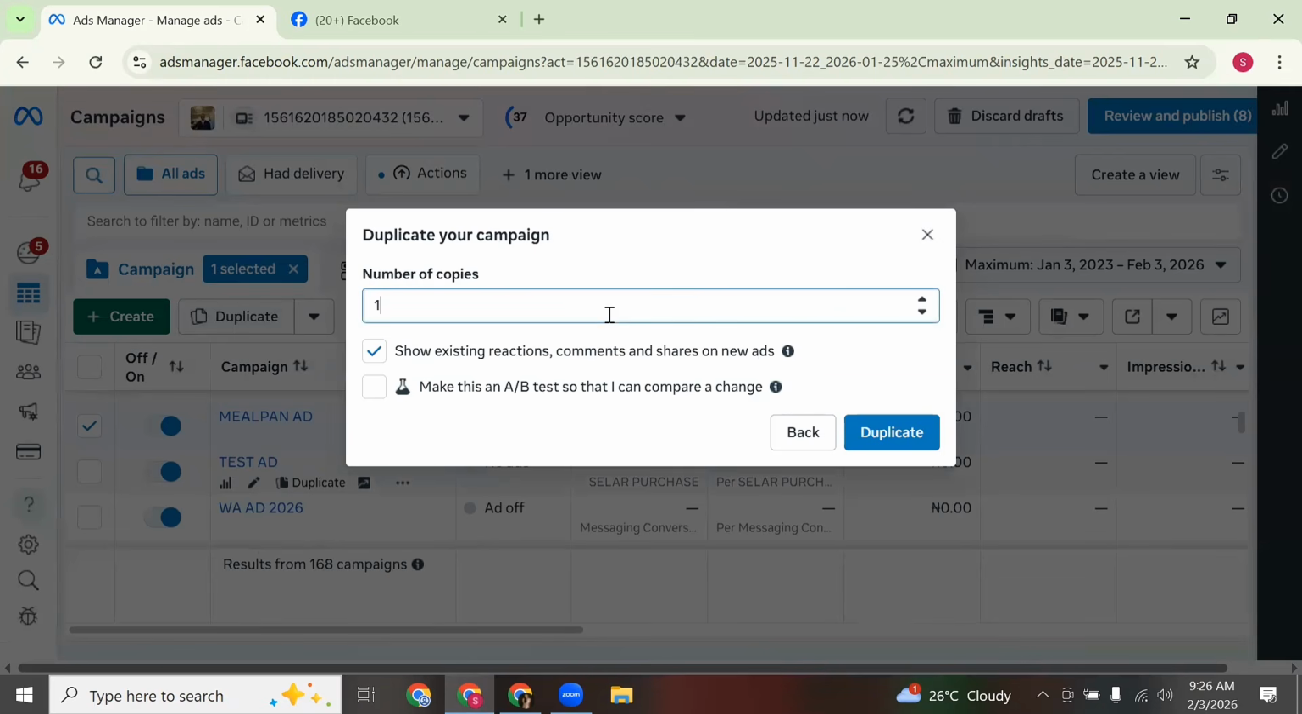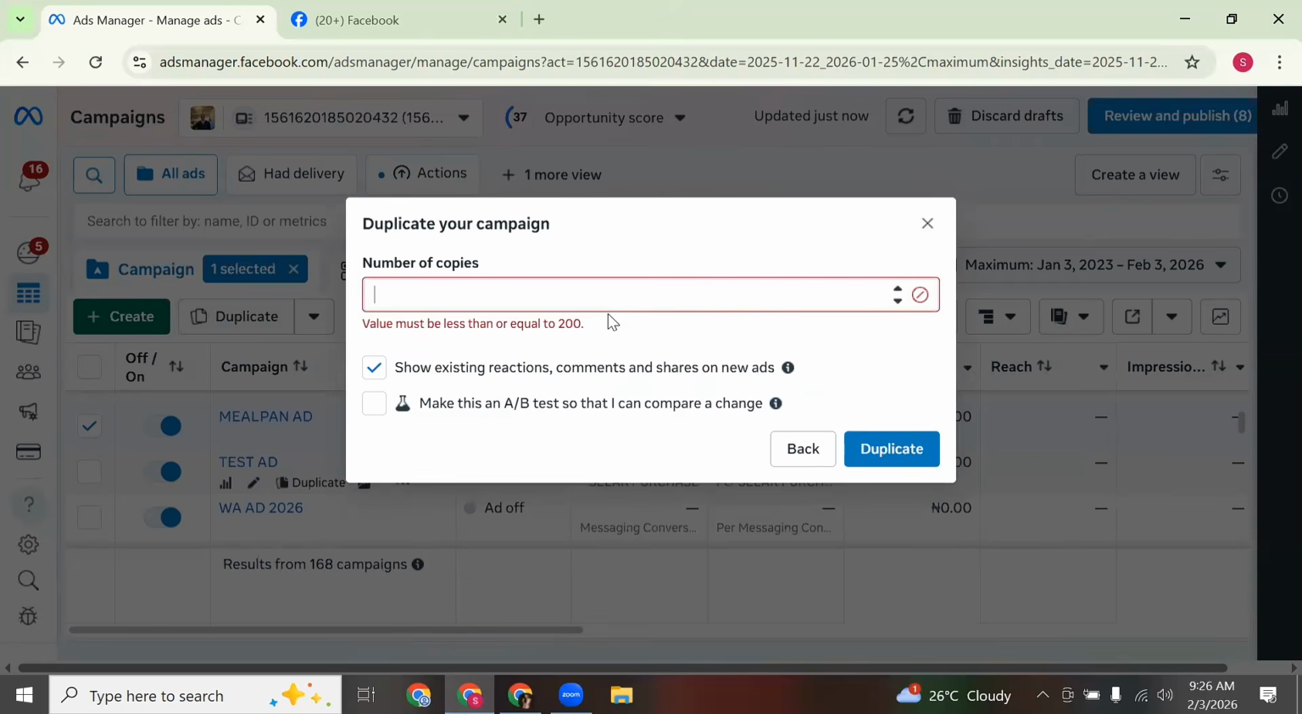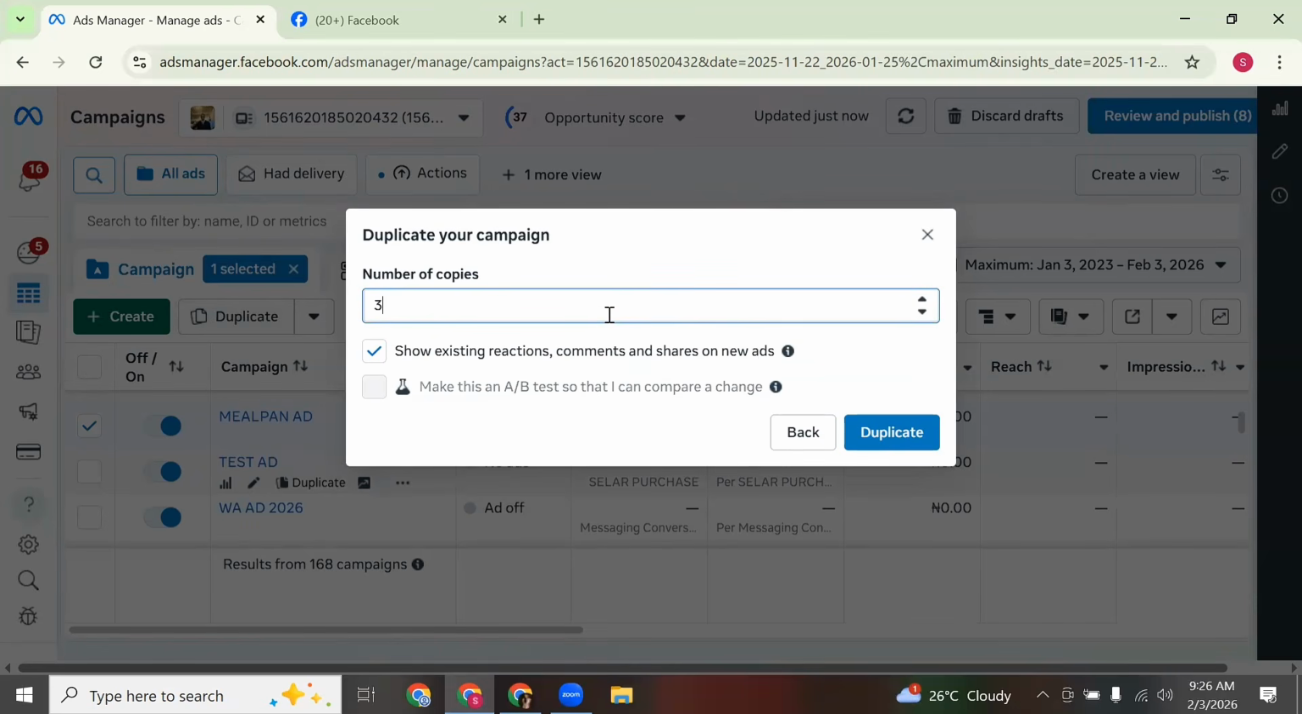Now, because I want to test different audiences, for instance, I want to test 3 different audiences, I'm going to duplicate it to 3. What this is going to do for me is that it's going to turn that advert into 3 copies, just like you are photocopying something. You say, how many copies do you need? It's going to photocopy this advert into 3 different places. So for each of those ads, I am now going to change only the audience by selecting different keywords, so that when I run the advert,